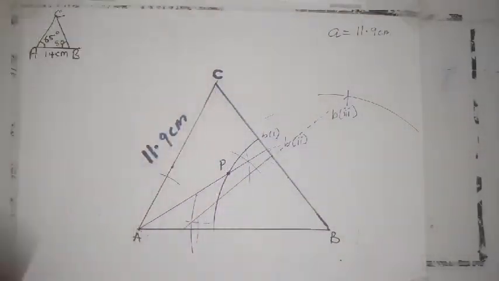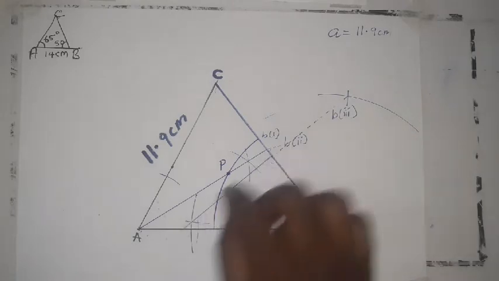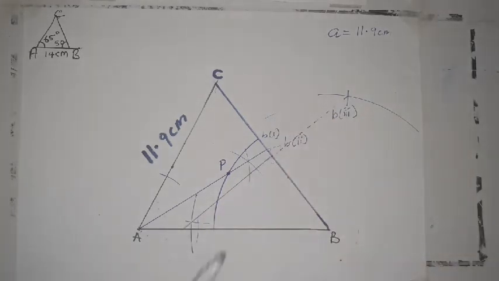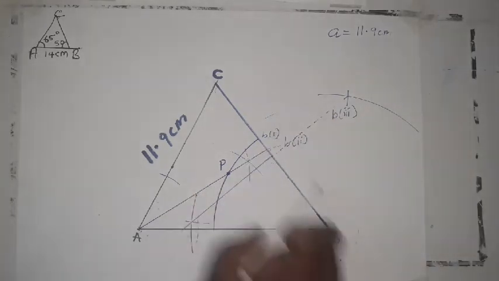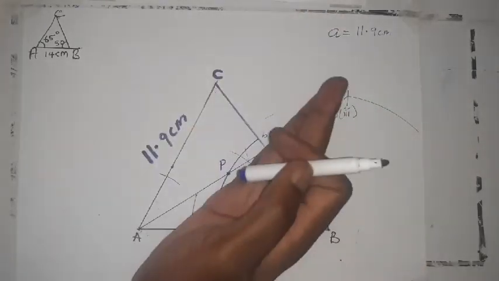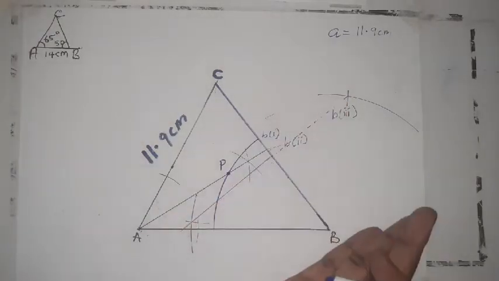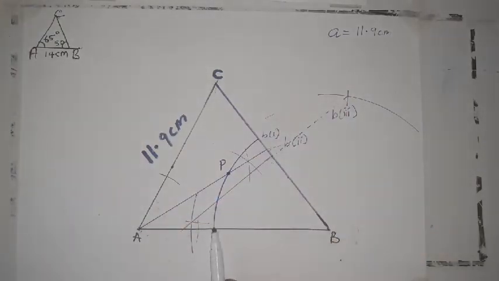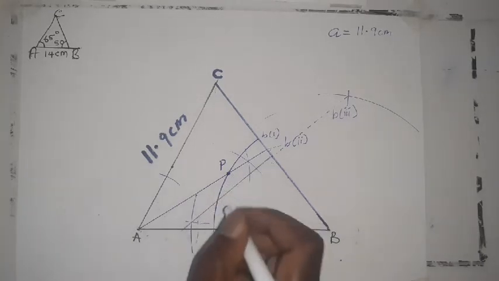So, nearer to C than B is, we are looking at this. Okay, when we were talking about a locus which is equidistant from B and C, it is this line. So when we are looking at nearer to C than B, we are looking at this side. B is this side. Remember, for the 8 centimeters, we said it is less. So it's this side. For this one, we said it is less than what? So the region that qualifies here, it is